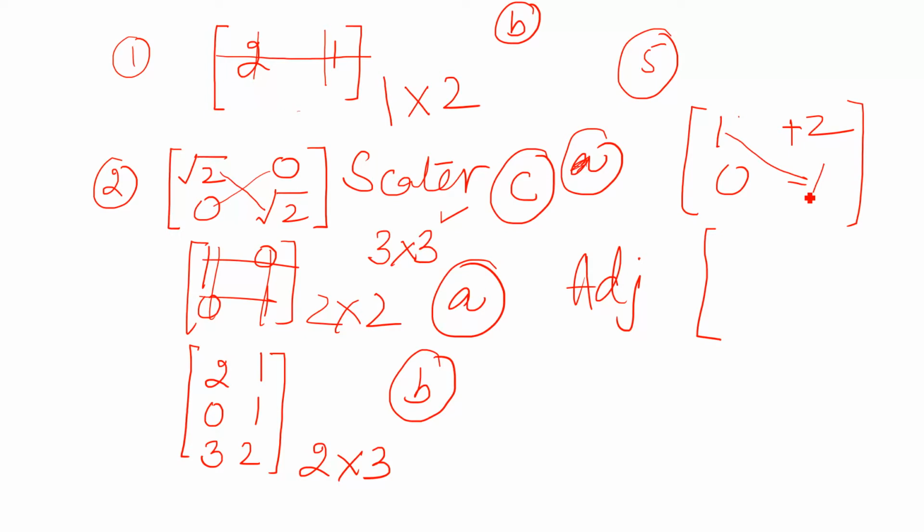You have to switch the position of these two diagonal entries. So -1 will come up here, 1 will go there. And for these two, you have to change the sign. It will be -2 and 0. This is the adjoint. Then when you look at your choices A, B, C, D, your answer is A. So this is A,